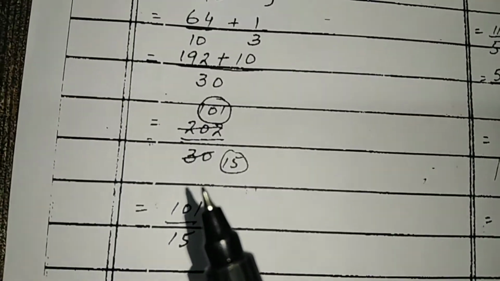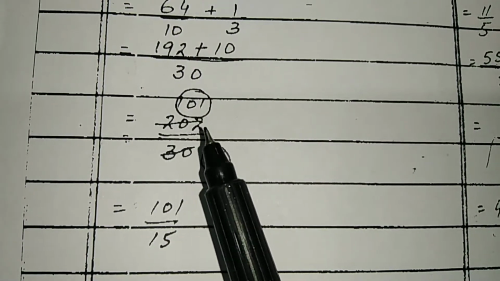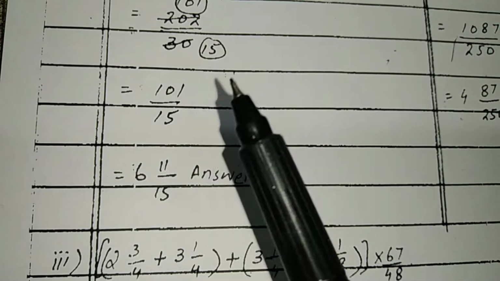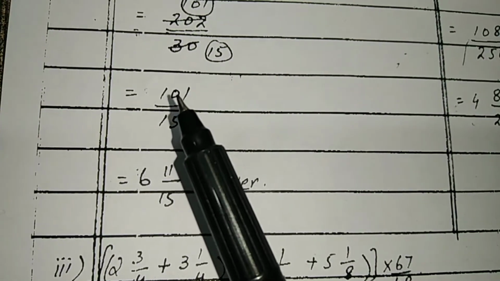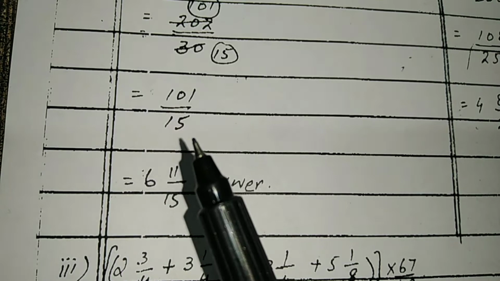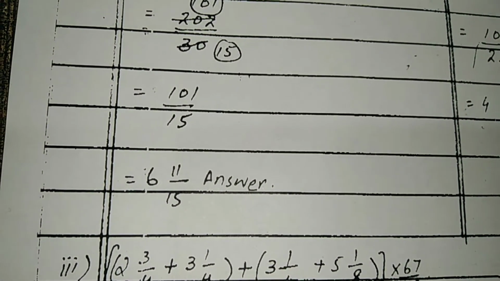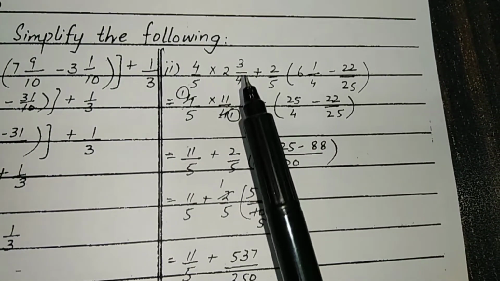Now on the table of 2 we have to do the cancellation. 2 15s are 30 and 2 1s are 2, 0, 2 1s are 2. We will get 101 over 15. Now the question is in the mixed form, so we have to convert it into the mixed form. When we divide 101 by 15 we will get 6 11 over 15. This is our answer. Now part number 2 is